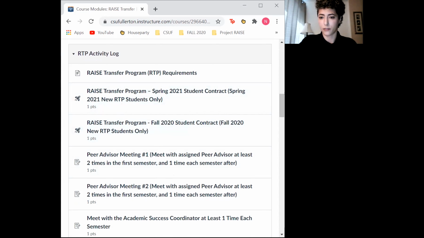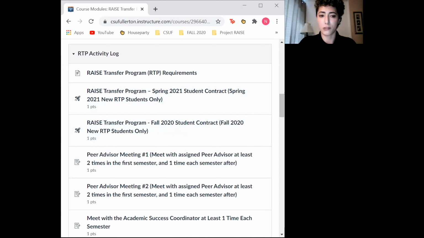Under another list of requirements in our student contract, you'll find each activity listed as an assignment. You filling this log out is really the only way we can mark off your requirements as completed, so please remember to do so as soon as possible after completing an activity. Once you click on the activity you've completed, the text provided will tell you what kind of information to provide so that it can be properly verified.